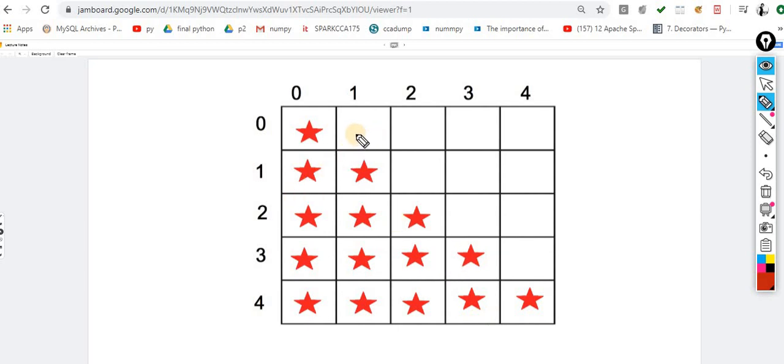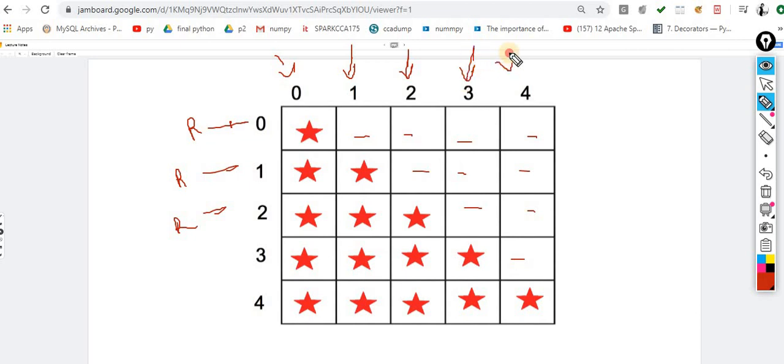Here the blank spaces mean these are the spaces. Now observe carefully, these are the rows and these are the columns. We are very familiar with rows and columns.